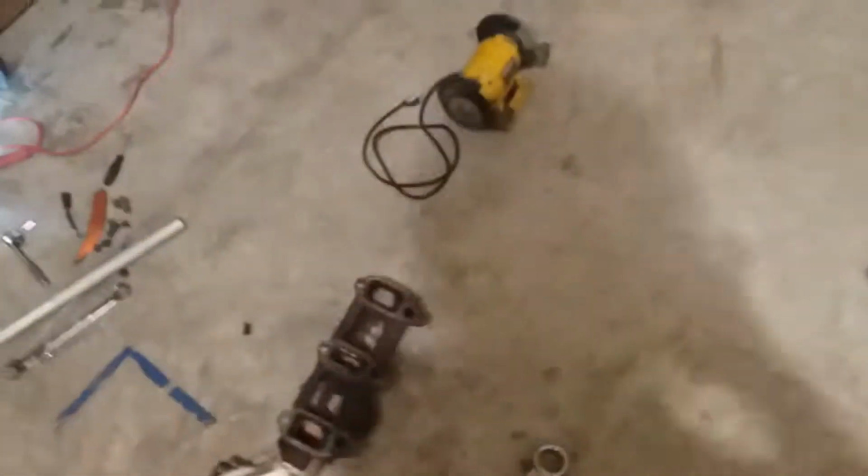We've also got some hardware, some new parts, block-off plate for the header for the AIR pump, because we're no longer going to be running a cat, so that's going to get plugged up. We removed all that tubing with the old header, sawzalling it off, which we didn't really get to see, but